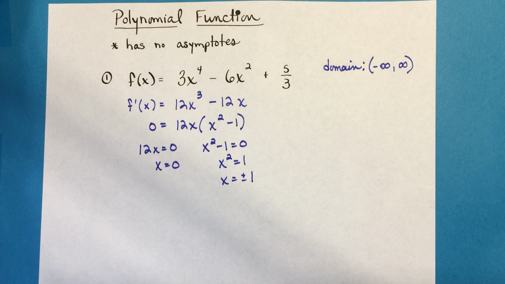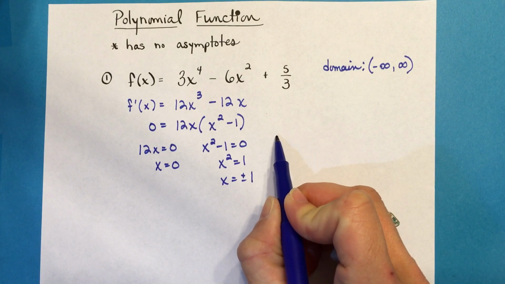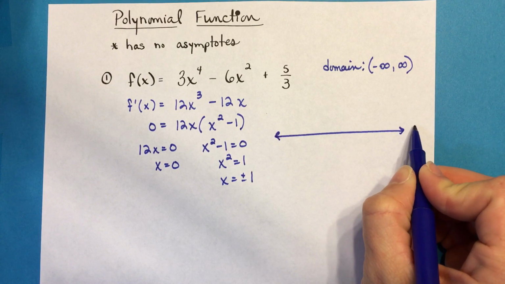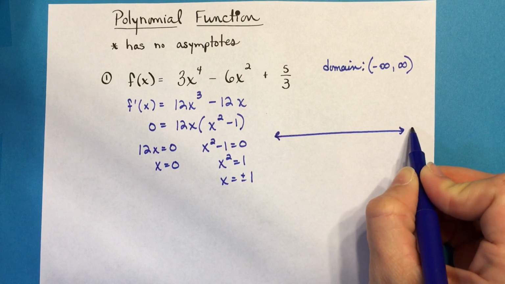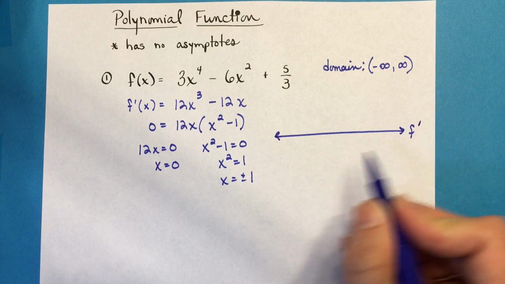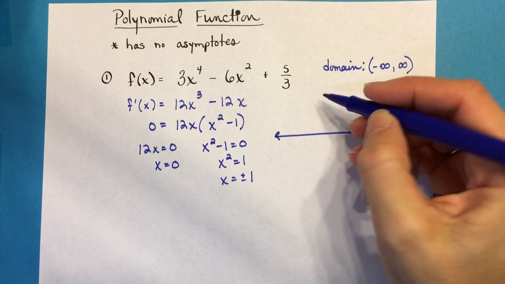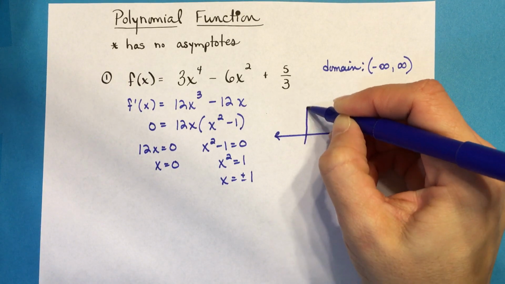Now, these critical numbers are going to be the values, remember, that you need to put on your sign graph, and we're going to be able to use our sign graph to determine where our function's increasing, decreasing, and the extrema. Okay, so make your sign graph. Of course, this is what was referred to as your first derivative test when we were finding extrema. So you're going to be using your first derivative to figure this out. Okay, so I have negative 1,